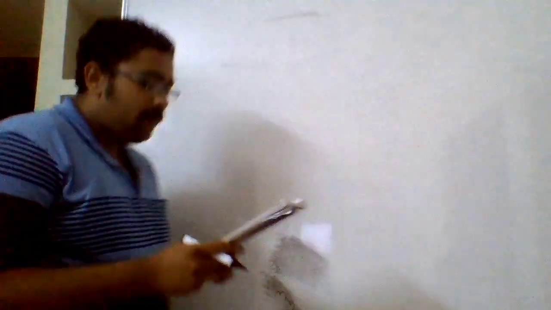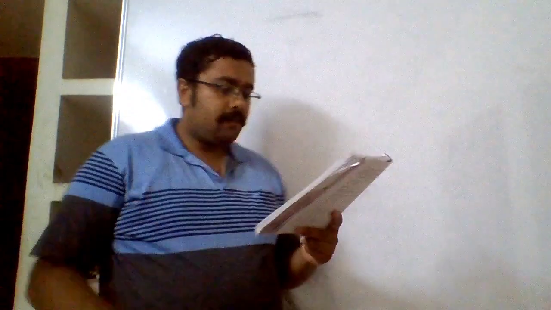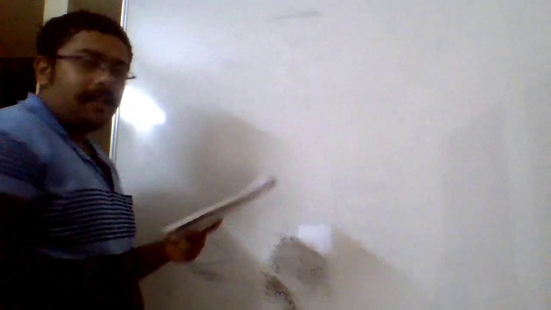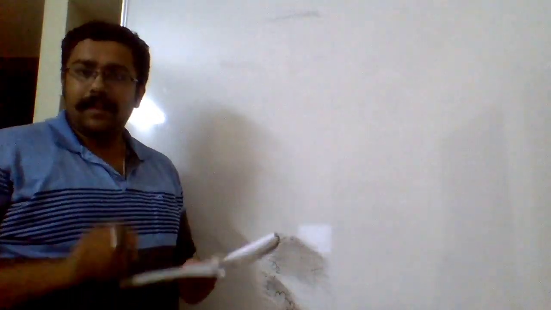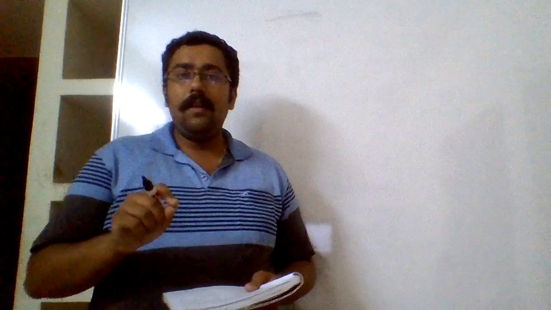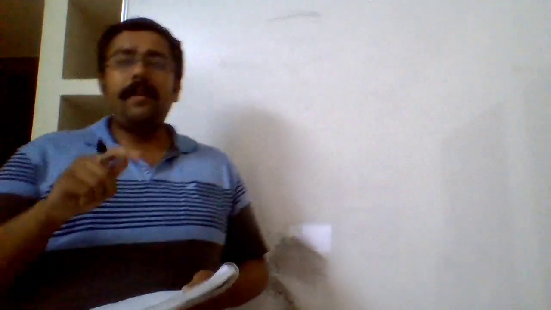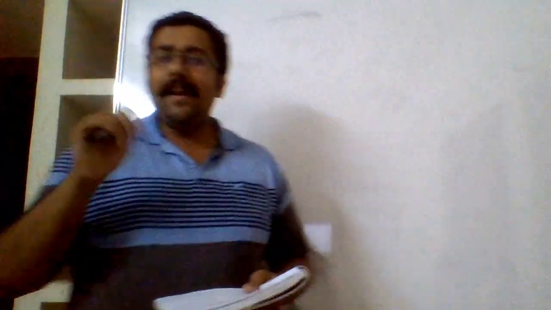Okay, so exercise 1.1. In exercise 1.1, I am doing the second main. The question is, write the first four terms of an AP when the first term A and the common difference D are given. So A and D they have given. If they give you these, then they are telling you to find out the first four terms.